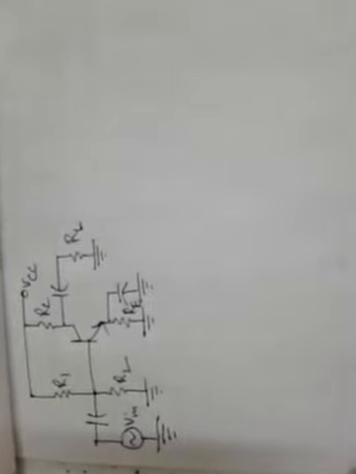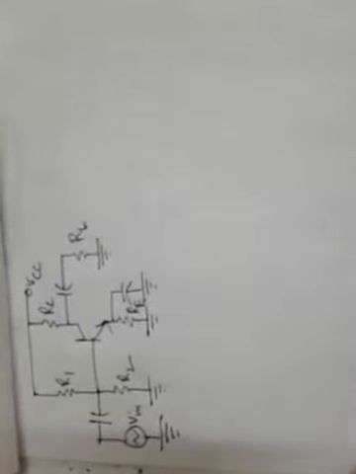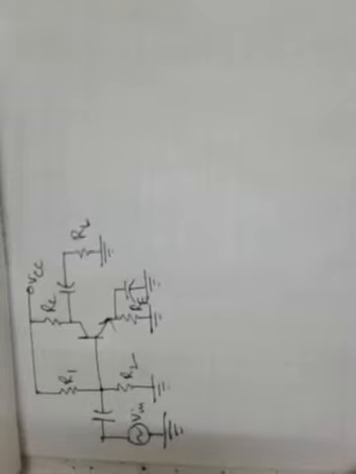Hello everybody. This lecture will be the extension of the last lecture, where we had discussed the base biased amplifier and voltage divider bias amplifiers in the light of their AC equivalent circuit. That means how to draw their AC equivalent circuit with respect to pi model or T model. So in the last lecture we have seen how to draw and analyze the base bias circuit with respect to the pi model.